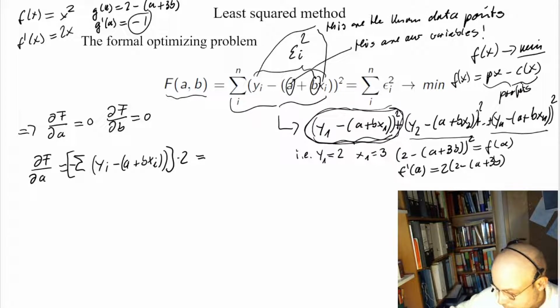And this has to be 0. And the second derivative, with respect to b,